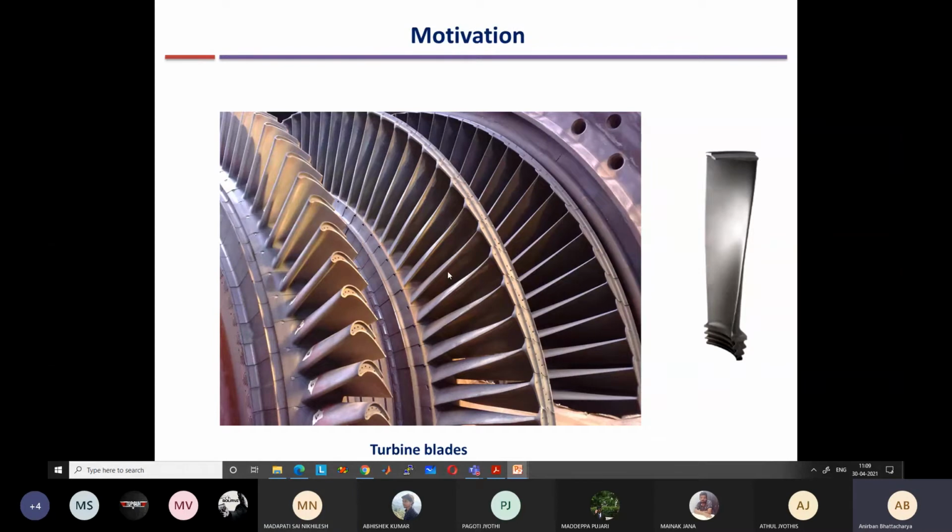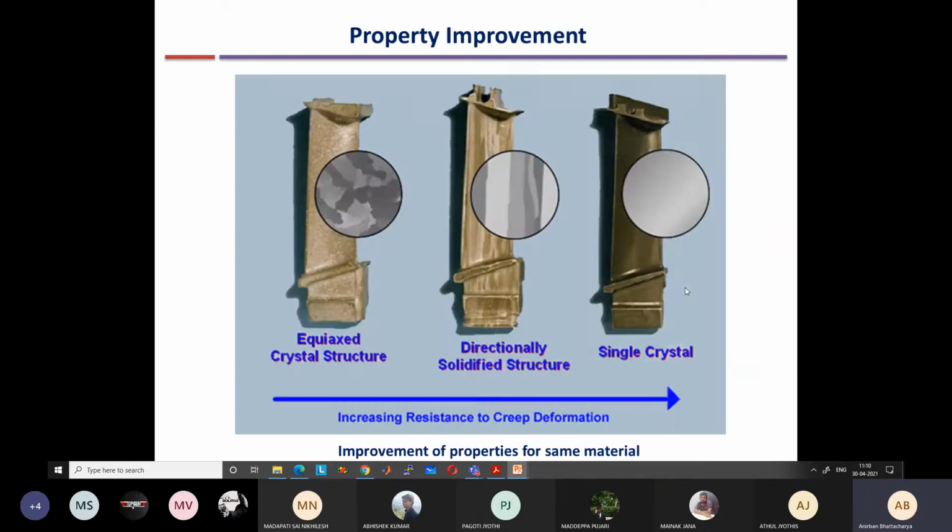I was saying that we will digress a little bit from the modeling part of the course and explain a little bit about turbine blades, because it is interesting to know. Although we don't want to study turbine blades directly in this course, indirectly we are going to study 1D solidification, and manufacturing of turbine blades is a type of 1D solidification. As I was explaining yesterday, long back when initial turbine blades were manufactured, they were cast using investment casting.